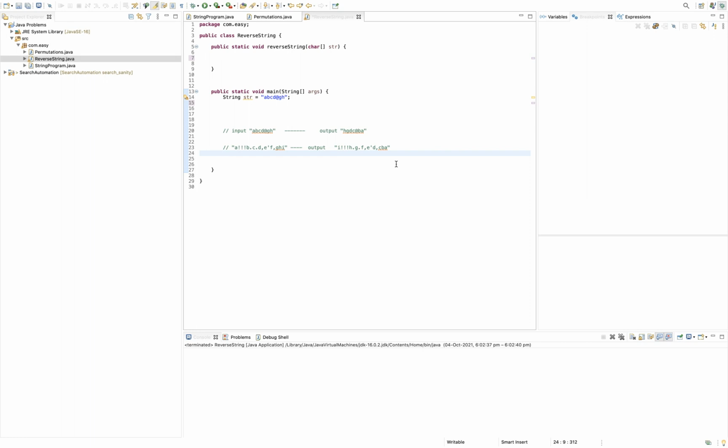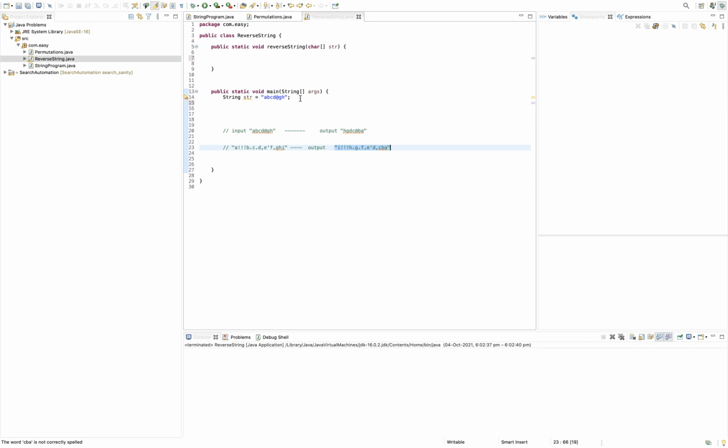So today our target is to solve the reverse string problem, and the string will have special characters as well as alphabets. So we are going to reverse only the alphabets in this string, and the special characters will always remain at the same position. So here I've taken two examples. The first one has only one special character and the other example has multiple special characters. But you observe here the alphabets are reversed in the output and the special characters are at the same position.